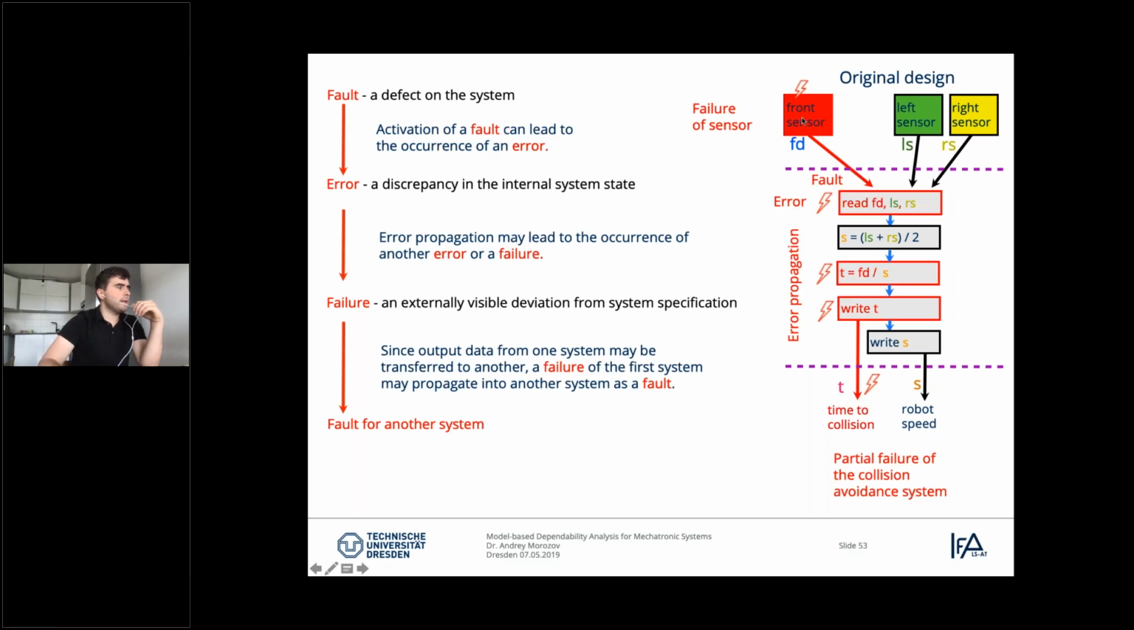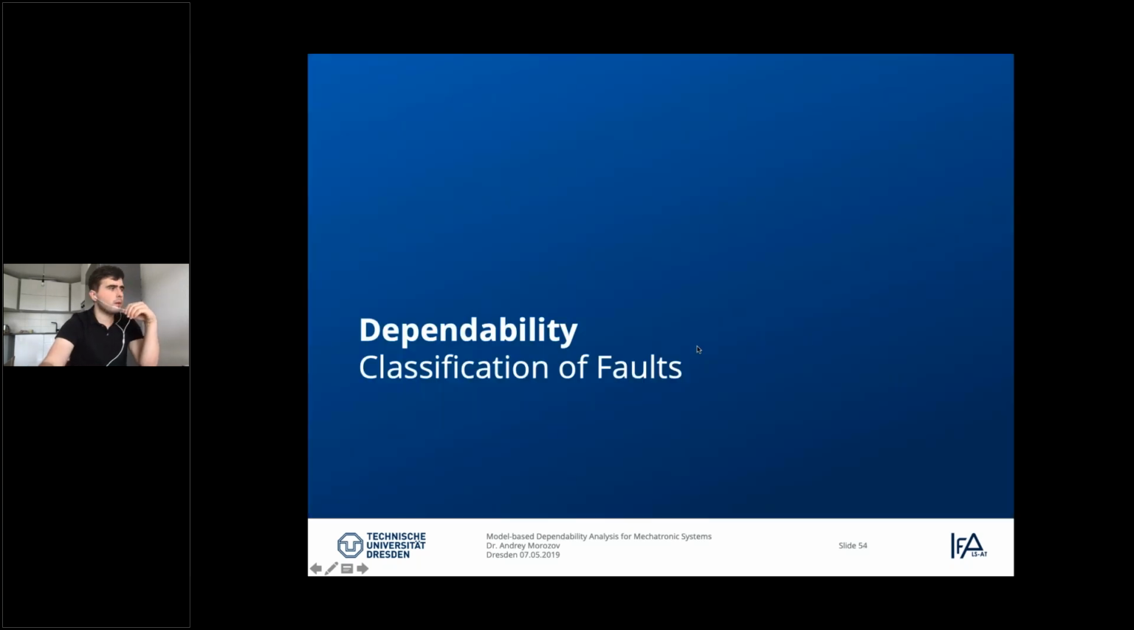Again, here in our example, now imagine that we have an external fault. The front sensor reading is erroneous. As soon as we read it, it is a fault activation. Because of that, we have a discrepancy in the internal system state. And then when it becomes visible outside, we have a failure. In this case, if only this part is erroneous, let's say this error does not propagate to the robot speed, but it propagates only to the time of collision, and the system is now in a degraded state or in a partial failure. Okay,